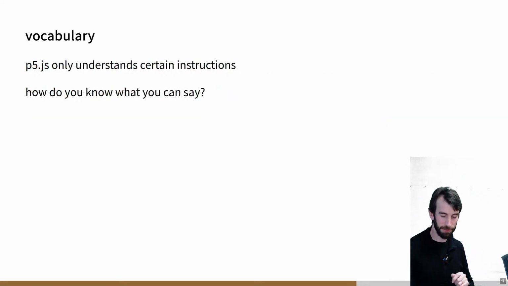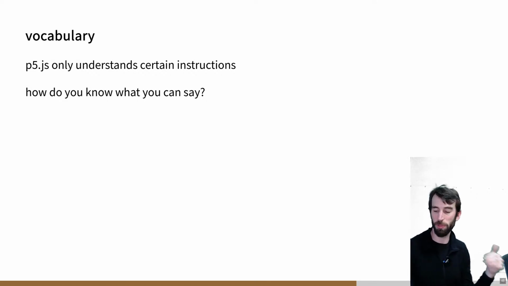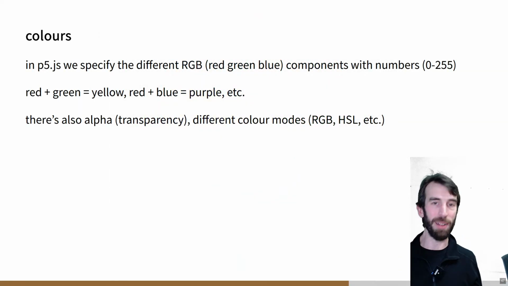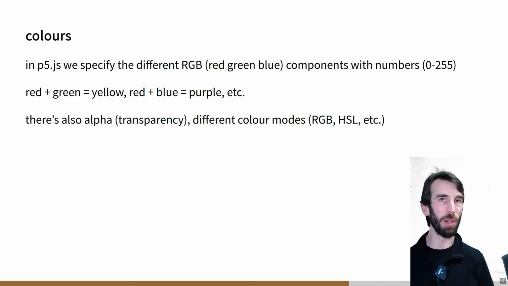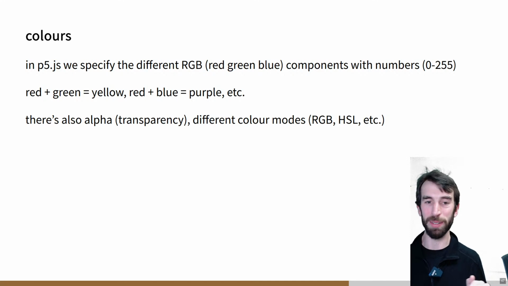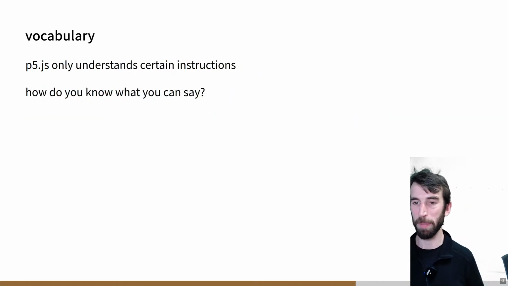Now, you might be thinking, okay, so far I get this. We've got the grid, we've got numbers there, we've got colors, we've got numbers, but how do I make it do the painting? Someone's asked a question, what's alpha? Alpha is transparency. So if a color on a computer has a low alpha, that means that it's almost transparent. You can see right through it. So we can have colors that overlay each other with transparency. I'll show you in practice in a bit.